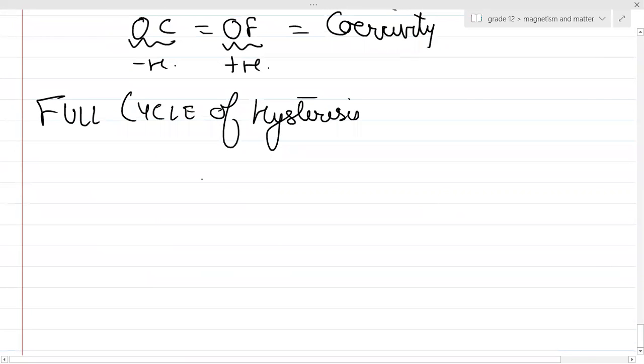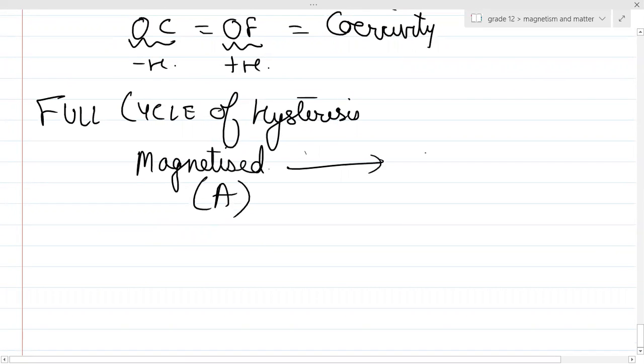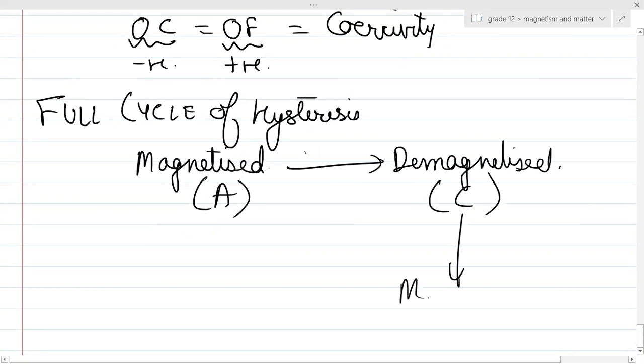You know, in your NCERT, you might find some applications of hysteresis. It gives you an idea about that. So that is all theory, read it once. So at point A, it is completely magnetized in one direction. At point C, it will get completely demagnetized. Then it will get completely magnetized again, but in opposite direction